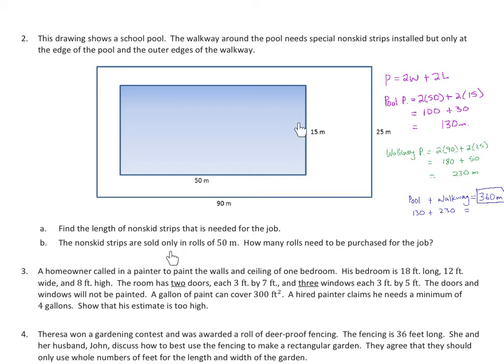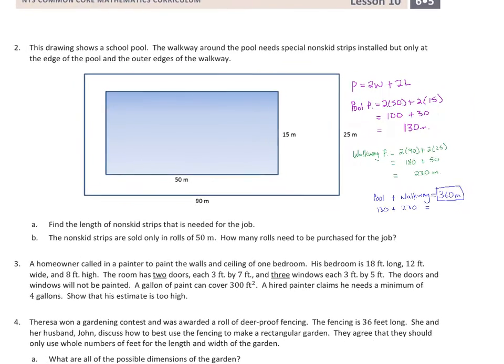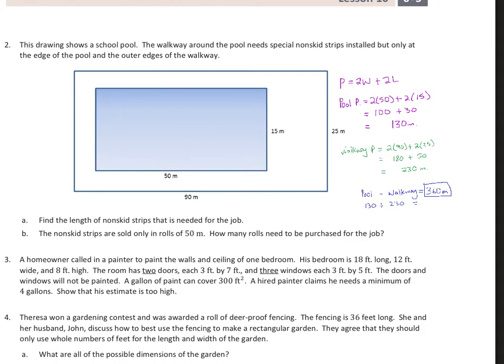And so you can see on my work over here that I first found the perimeter of the pool by using my formula of 2 times the width plus 2 times the length to give me 50 plus 50, and 15 plus 15, which is 130. The walkway was 90 plus 90, 2 90s, which is 180. And then we add the 25 plus the 25, which was 50, giving us 230. And then when we add the pool and the walkway, we get 360 meters that will need non-skid